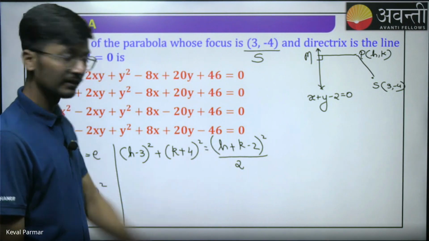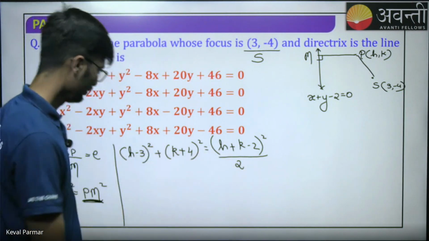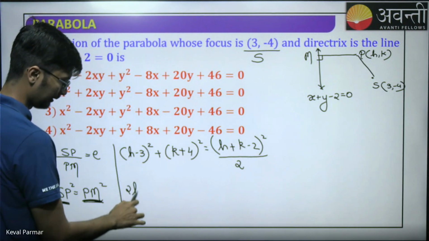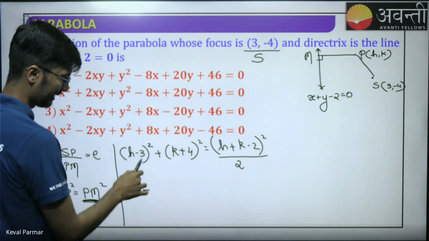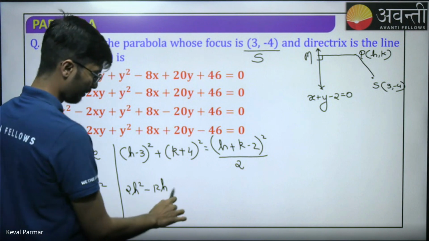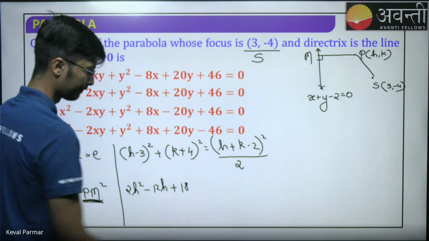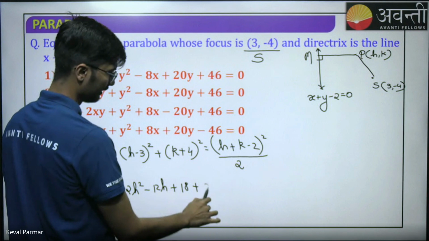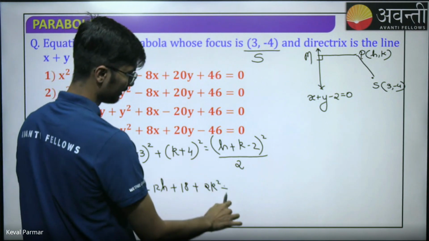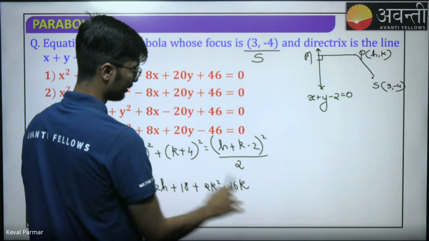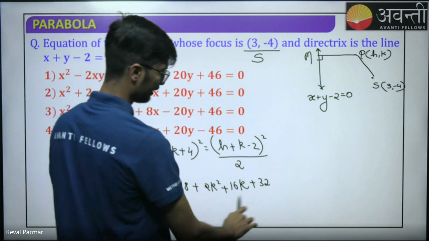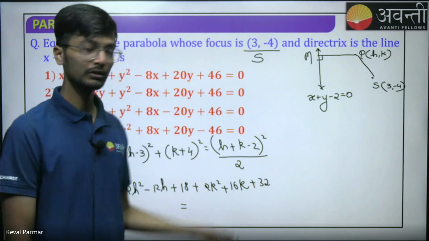So if we open the square brackets and I am cross multiplying 2 here, so we'll get 2h square minus 6h, so minus 12h because 2 has been multiplied, right? Plus 9, so 18 plus k square, but we'll get 2k square plus 8k, but we'll get 16k plus 16, so we'll get 16 twos are 32 is equals to, I hope you know the formula of a plus b